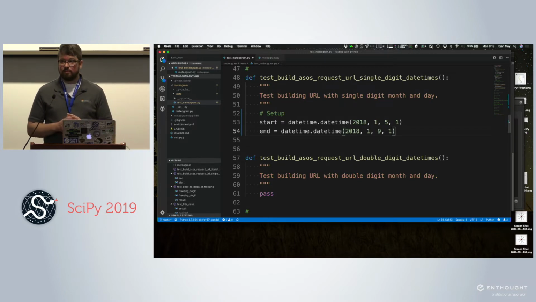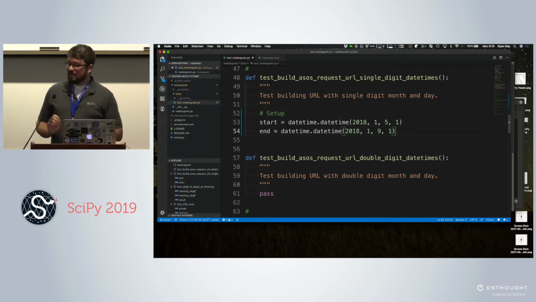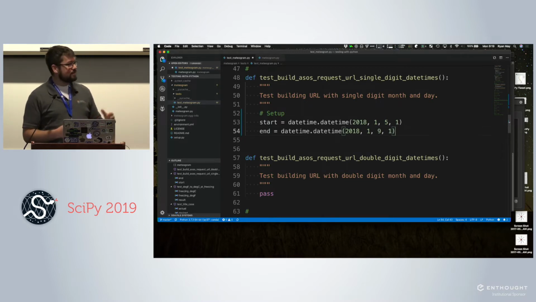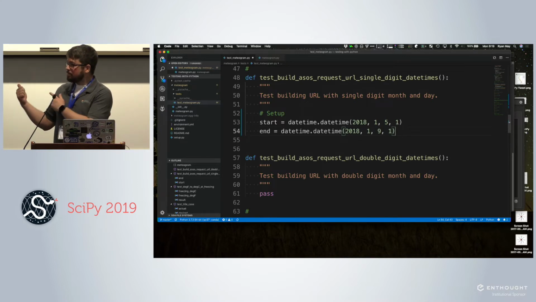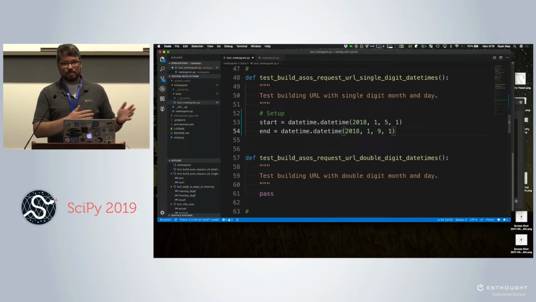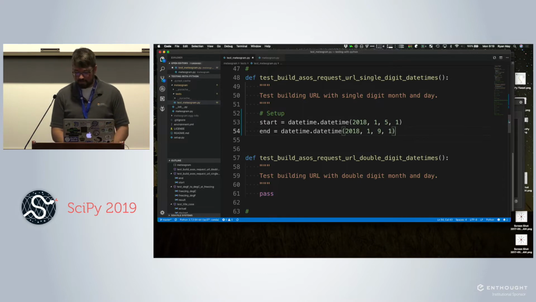Now, as one of you pointed out, and a couple people said, well, you didn't tell us about X, Y, or Z. And yes, because that's how real testing works. There are time bombs everywhere. This archive happens to update monthly, so if you requested data from like yesterday to today, you probably got nothing back, and that may have been confusing. Generally, when I'm building a URL to request data, I request something from a year or so before the current time, just to be sure that it's in whatever database I'm looking at.